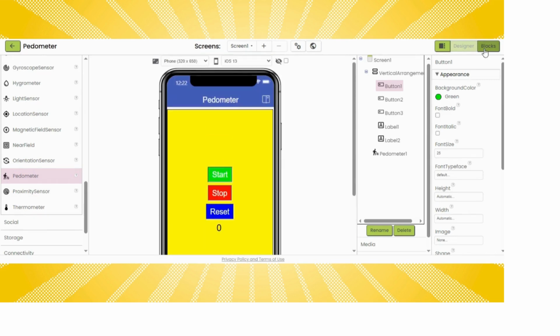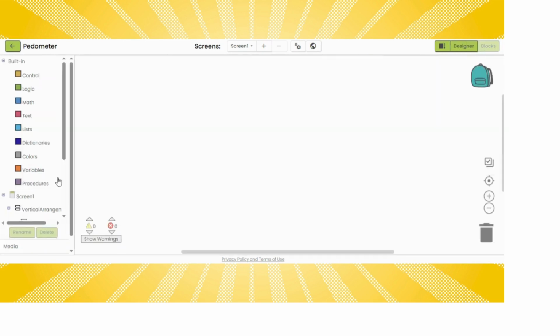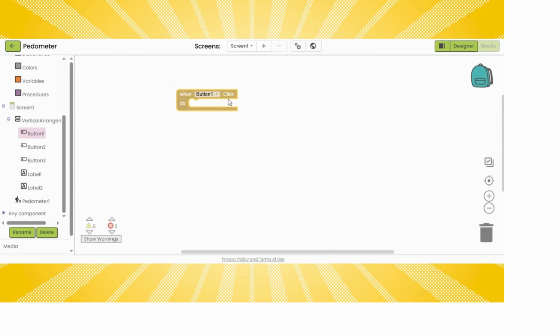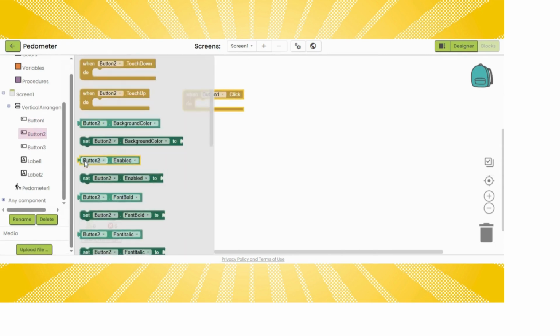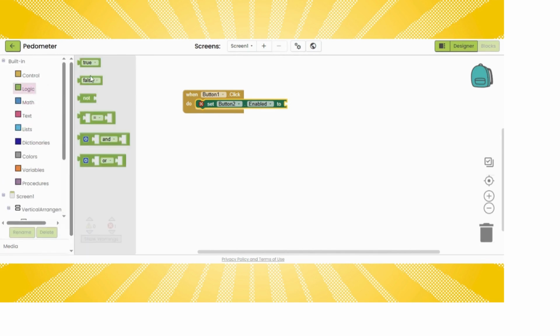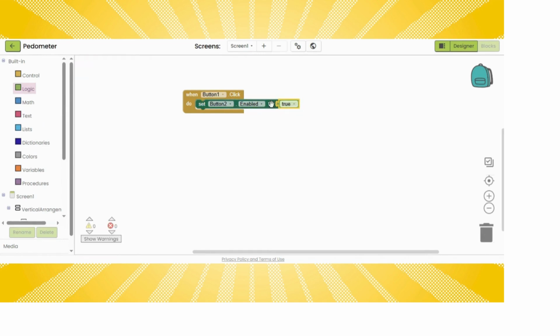So go on blocks. Here we can code for it. So when button 1 dot click, set button 2 dot enable to true. I will duplicate it 2 times